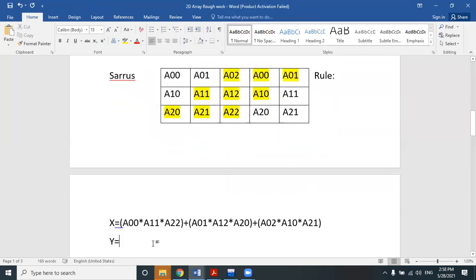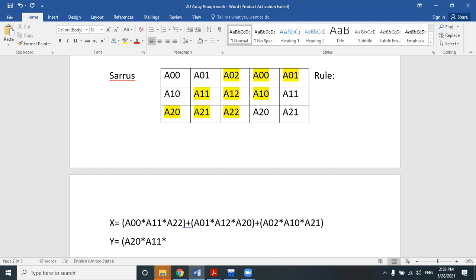Again, we will do the same operation and store the result into another new variable, that is y. So our first will be A20 into A11 into A02 plus A21 into A12 into A00 plus A22 into A10 into A01. Right?